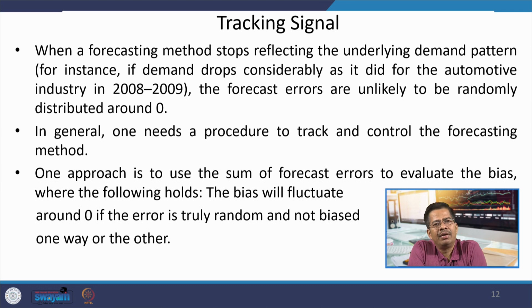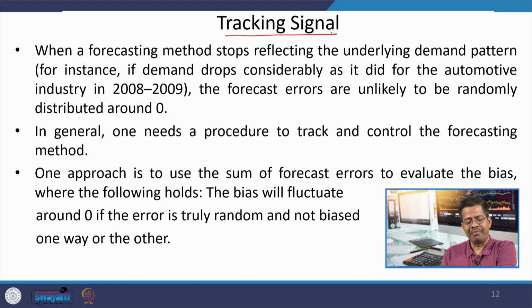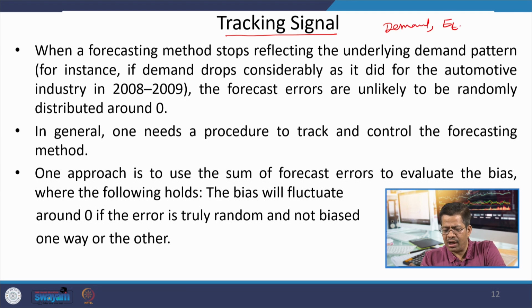Now, in organizations, these calculations may happen over a period of time, but in real time, we need to know whether our predictive activities are happening appropriately or not. So, we create a kind of dashboard in the organization, and that dashboard is continuously tracking our actual demand, predicted demand, and the forecasting errors also. And a third kind of measure is developed over a period of time, which is known as tracking signal, which is a relation between our demand data, the actual forecast, and the mean absolute deviation.